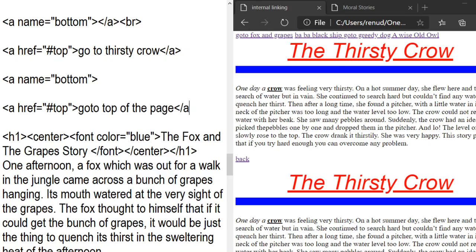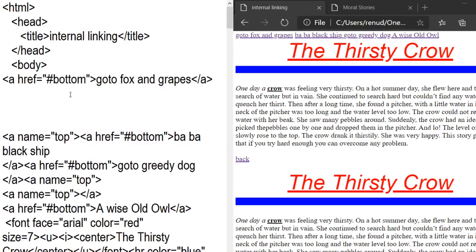And then you can close the a tag here, and you can use the br tag, so you can see the line break clearly. Okay. And now you can give the bookmark on the top of the page. You can write down a space, then name. For the bookmark name, you can write down top here, and then close the inverted commas. Save it, open your browser again, refresh, and go to Fox.